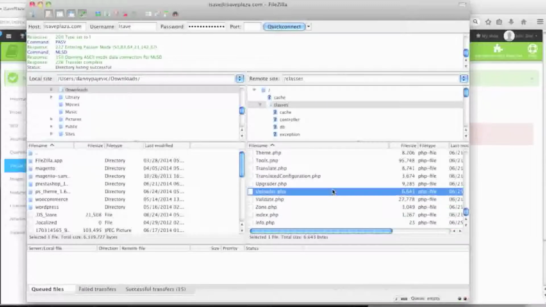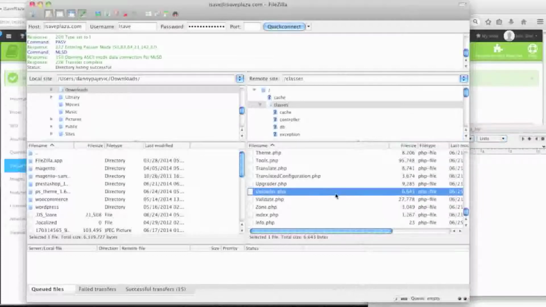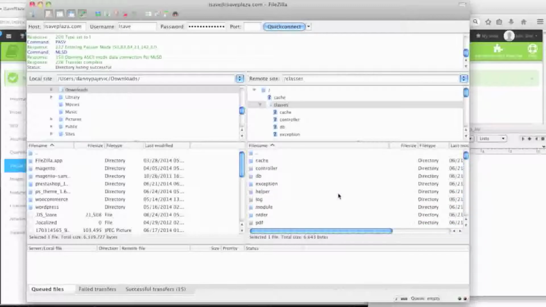So my uploader.php file finished uploading, and now what I'd like to do is make sure that these other values are correct, which is post max size, and I also want to double check whether the upload max file size is correct, because if not, I still will have trouble uploading files. So to do this, I need to go back to the root directory of my PrestaShop,